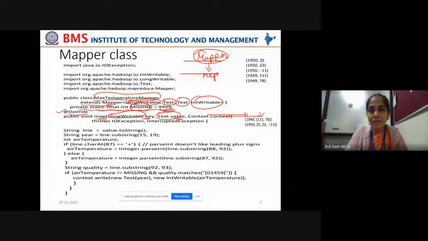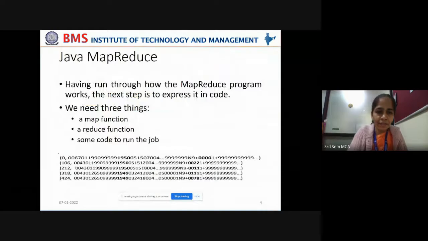Because it represents the file's offset, and for larger files the offset may be a larger number. That is why instead of the small IntWritable, we are taking LongWritable, a long integer, so that it can represent larger values of the file offset.